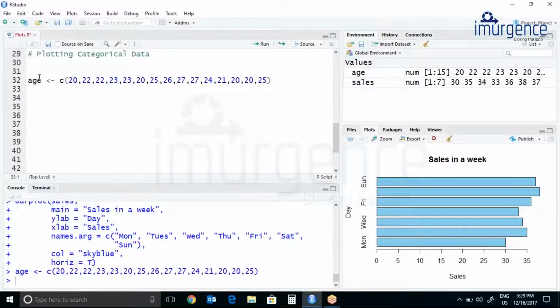I just took some random numbers over here. Let's see this. Again, we will do bar plot age.